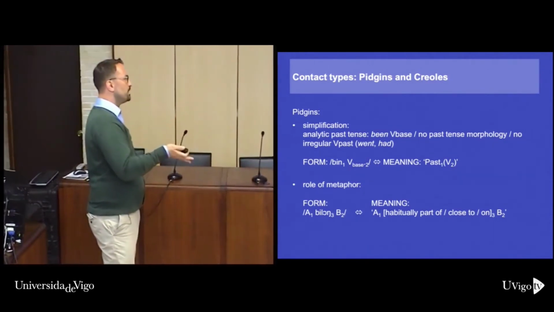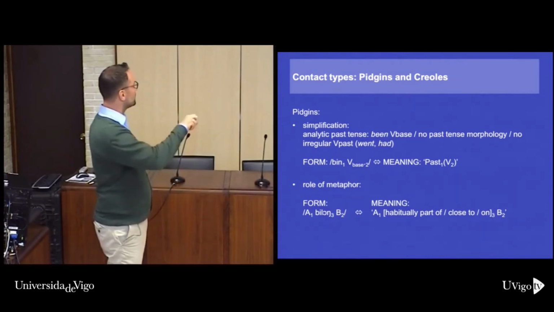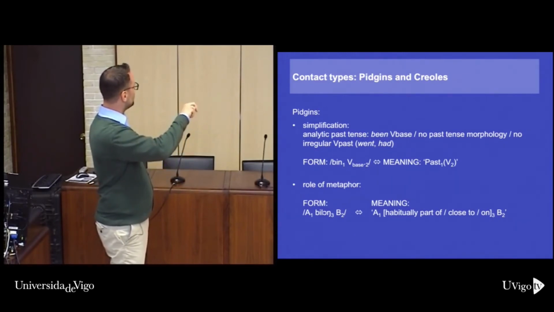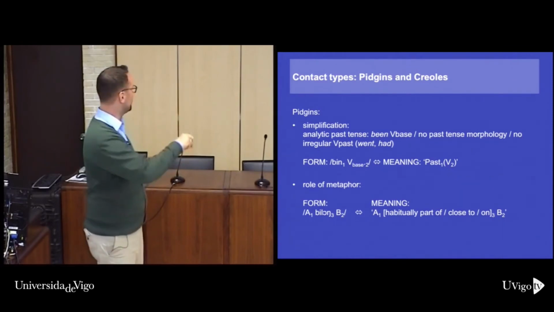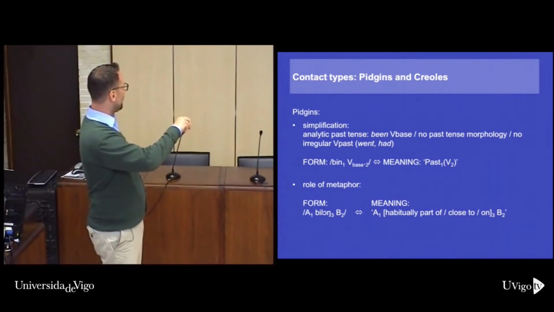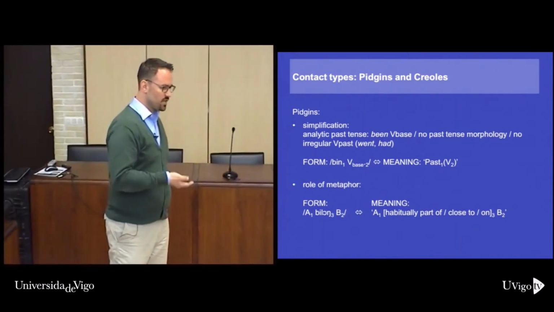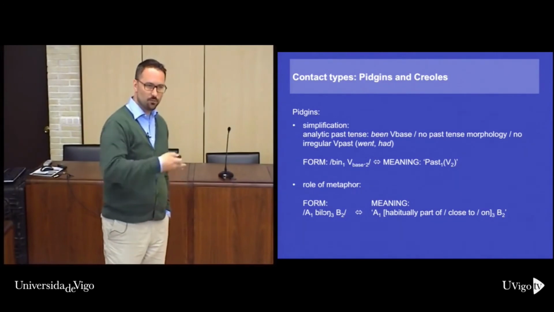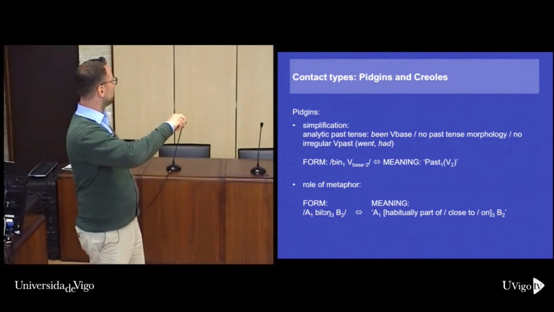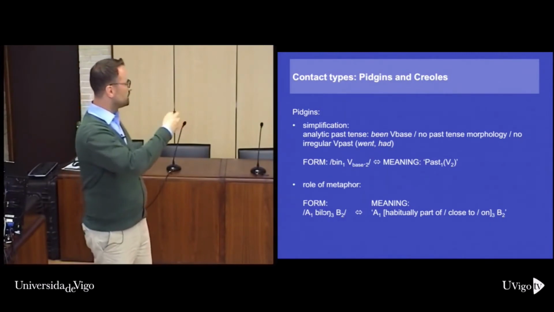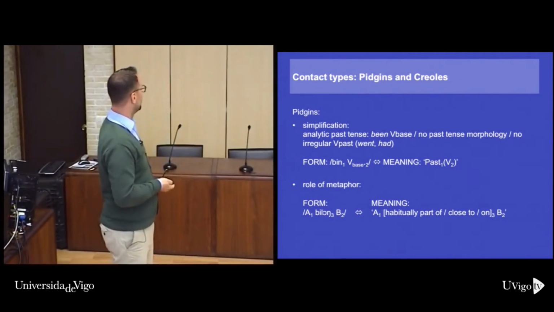Well, tense is a pretty basic category that many languages, though some people would say not all languages, exhibit. We see the role of metaphor. As you rightly said, I mean, the structure we can easily describe of this belong structure is A belong B. Okay? But of course, this is motivated by this general tendency for metaphor. So the role between A and B is not random, but we assume that A is habitually part of, close to, onto, similar to B. And that's, of course, motivated by metaphor.